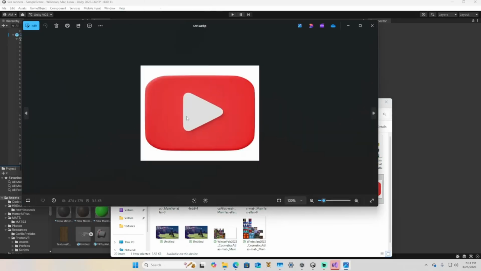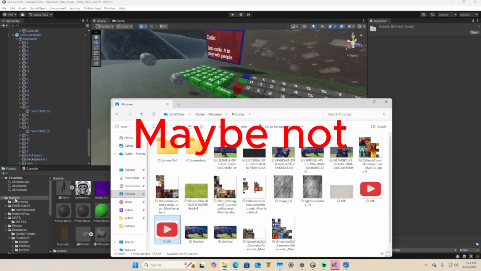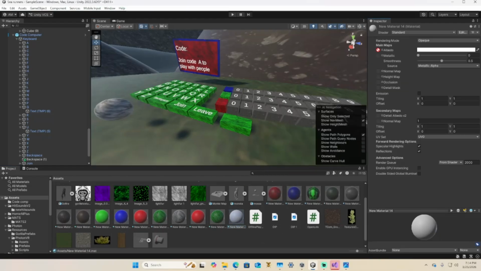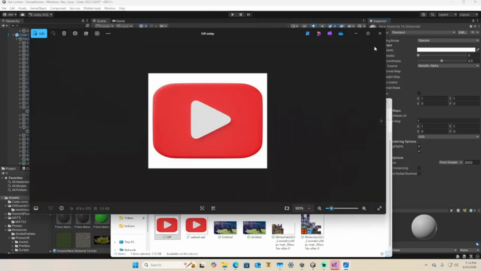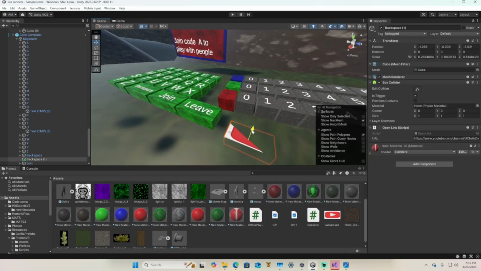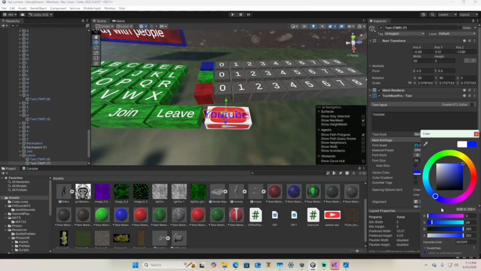Yeah, I'm blurring this out because I don't want you guys to see my name in my files because it's on the cloud thing, whatever. But yeah, then I imported, but it didn't work again, so this is the second time I had to do it. So yeah, then I just named this something weird. But yeah, I did it, but it didn't turn out how I wanted it to be, so I just added a text to it, and you couldn't see the text, so I discarded the YouTube material, and then I just